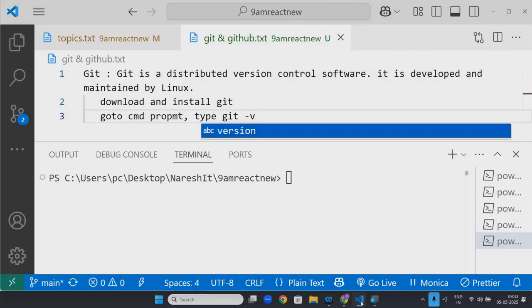Git space dash v, which will give you the Git version.